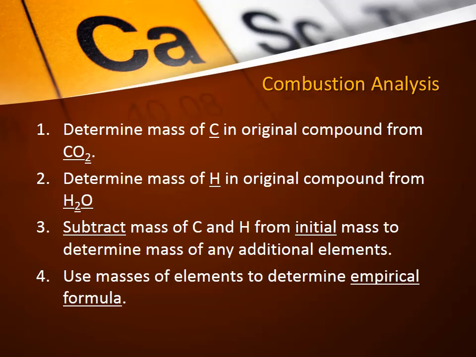Steps are A, determine your mass of carbon in the original compound from your carbon dioxide. So you'll likely have grams of carbon dioxide, just convert that to grams of carbon. Do the same for hydrogen and water. If those are all you need, then just make the empirical formula off those two masses. But normally you'll have a third one. So take the mass of carbon and hydrogen, subtract it from whatever your initial mass was, and that'll give you how much, we'll say, oxygen is left. Then use those to find your empirical formula. So,